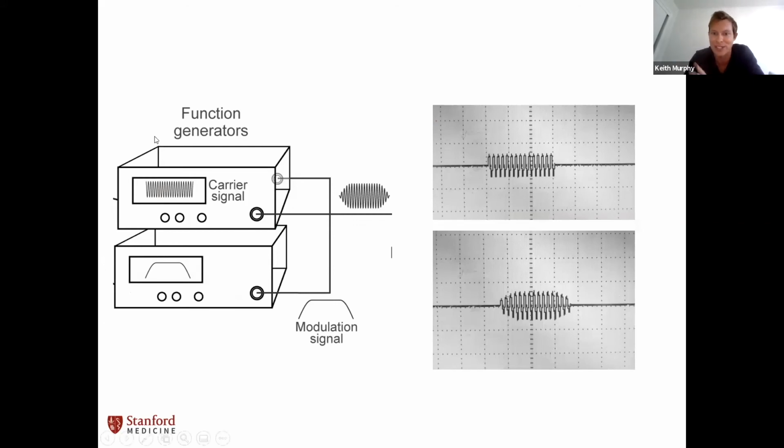Kim's lab also does it, and she'll actually tell you in a moment why. But here we're running one function generator with a carrier frequency sine wave, shown over here. And then another one, where we have an arbitrary waveform that we told you about, a literal function that we've programmed into it to have this slow rise and then the slow offset. When you multiply these two together, which your amplitude modulation function will do, you'll get this weird looking, smoothed out sort of